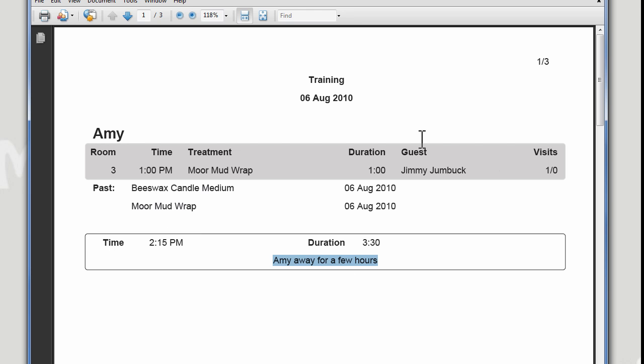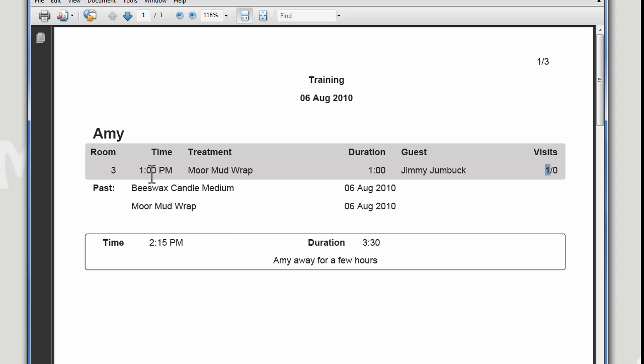And you can see in the staff notes they're very comprehensive. This is listing past treatments that this guest has had. Obviously, this is all the vital information. This is the visit count, so this guest hasn't had any other visits. This is the first visit for this guest because there's one past, no future, and the past is probably indicating today, because I'm actually doing this